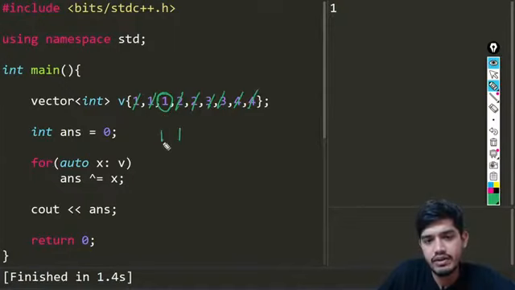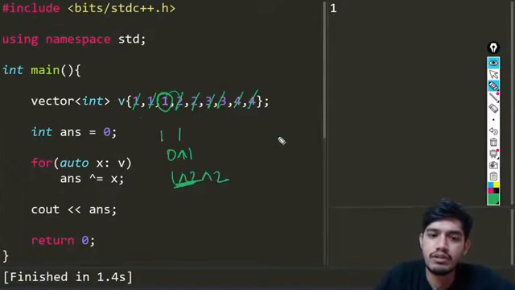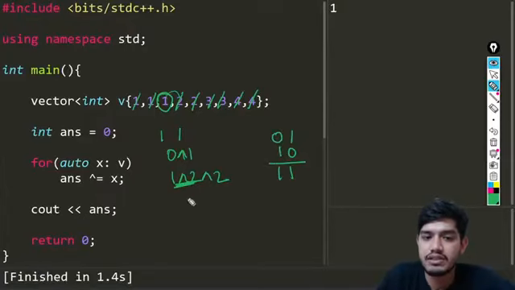So how is it going to work? First it takes 1 XOR 1, which gives 0. Then it's going to be 0 XOR 1, which gives 1. Then it takes the XOR with 2, and again the XOR for this one. What is the value for this one? If you take an XOR, you will get the value 3 in this case.